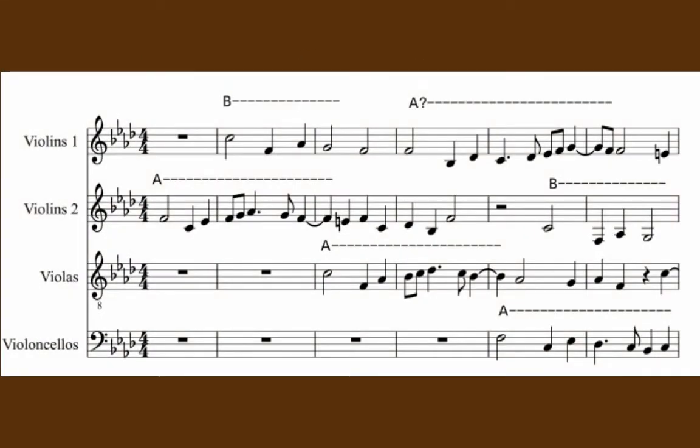And I've started, as you can see here, I've labeled a couple themes. William Byrd seems to have in this first part of this anyway, two themes that are working off of each other, and you can see I've outlined them out. I have a question on the A theme with the question mark on the first violin part up there in the fourth measure, but you can see that he starts off with an A theme,